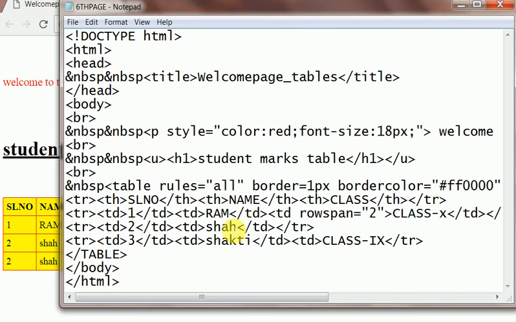So this is SA and these 2 values, but the third value will be spanned from this row. Class 10 will be given to this SA, and that is the second value, and the third value is Sakti, and his